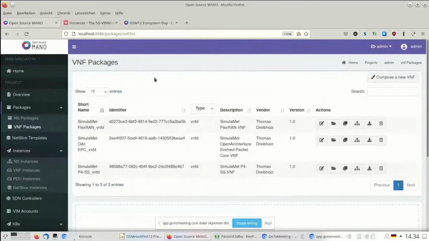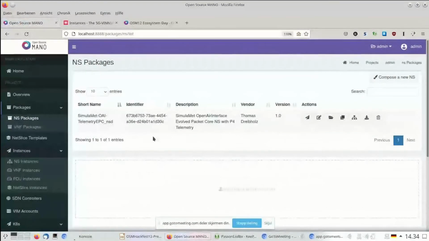So first, I hope you can see my web browser screen now. Yes, we do. Okay. Well, of course, we are obviously using open source MANO for orchestration of our network services. And as I've said, we have a virtual network function for the packet core, as well as an extended virtual network function for the packet core with the P4 switches, as well as a virtual network function for a FlexRAN controller, assembling everything into a network service. And particularly, this is of course then instantiated in our